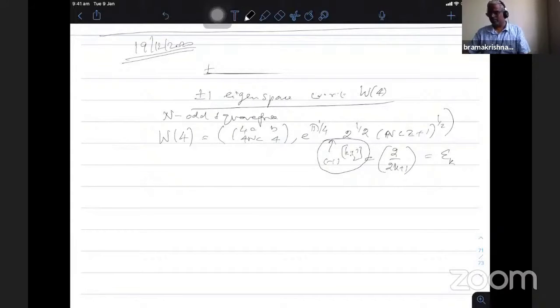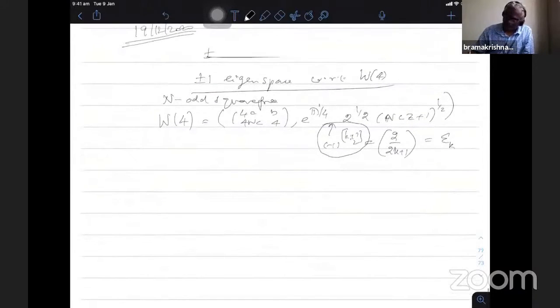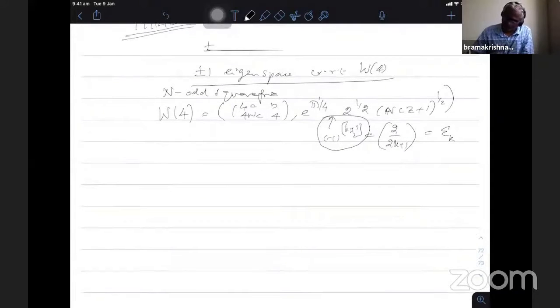Instead of writing the symbol, the epsilon k is plus minus 1 according to the parity of k modulo 4. So that is the difference. So whenever it is this W4 is concerned, when I refer to the previous work, this epsilon k factor will be there. So that is the difference. So note that W4 square acts as identity on M_{k+1/2}, I can write, for n odd. Okay, some things are true for odd, and something when you talk about uniform theory and some other properties true for only odd and square free.